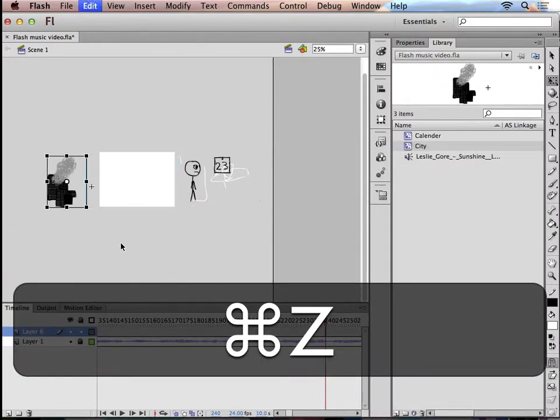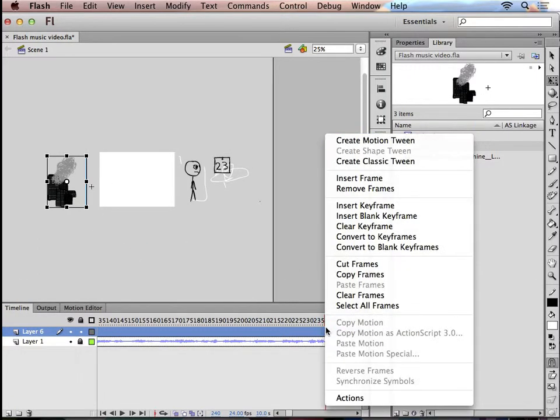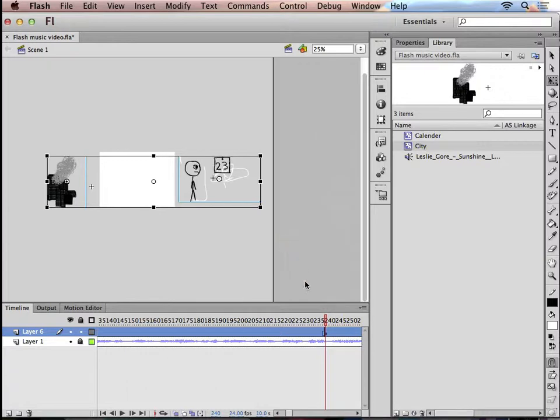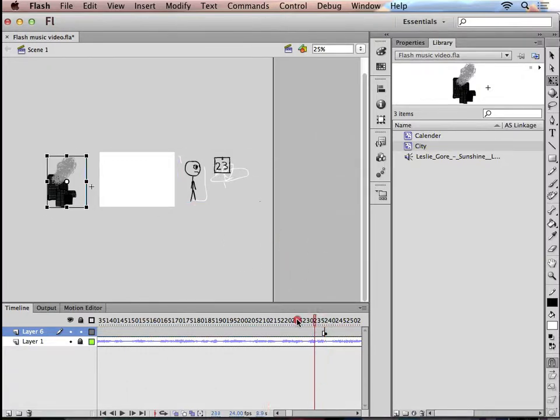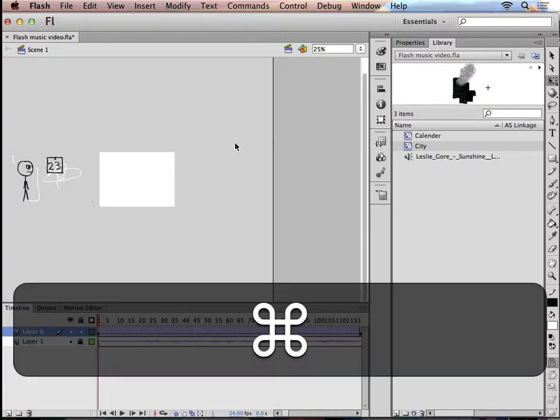Whoops, I've grabbed both of them. All right, let's just select that guy. And then we can move that across and do the same deal. Okay? So it's pretty simple. And then you do those classic tweens as well. That's it. So same process, except the only difference is at keyframe 1, we have him at one spot. At the second keyframe, we have it at another spot, and then we tween between it. Now if I hit enter on that,